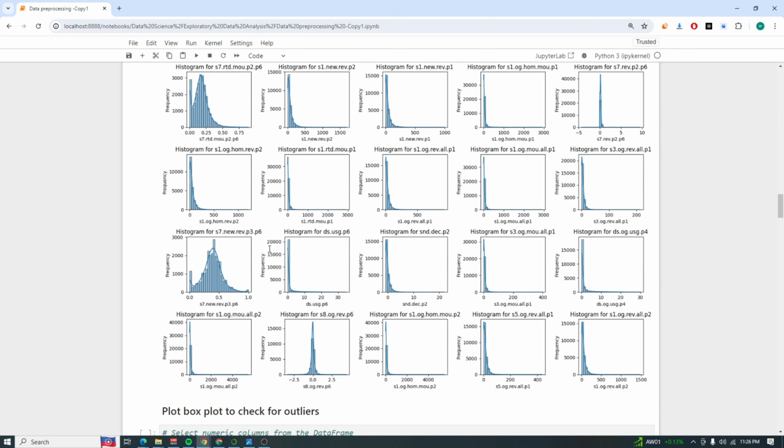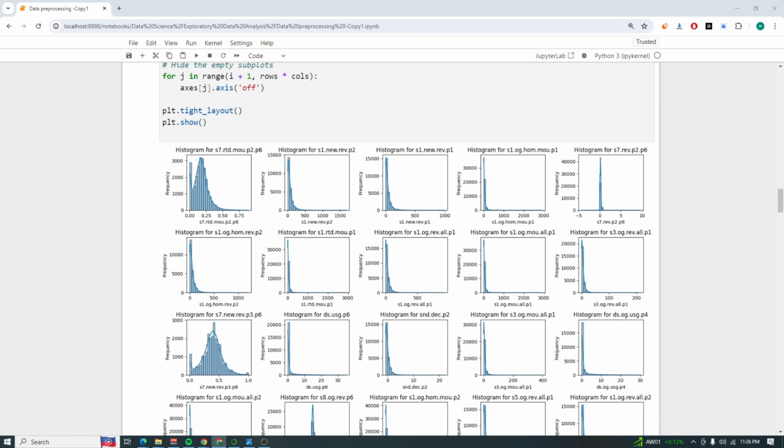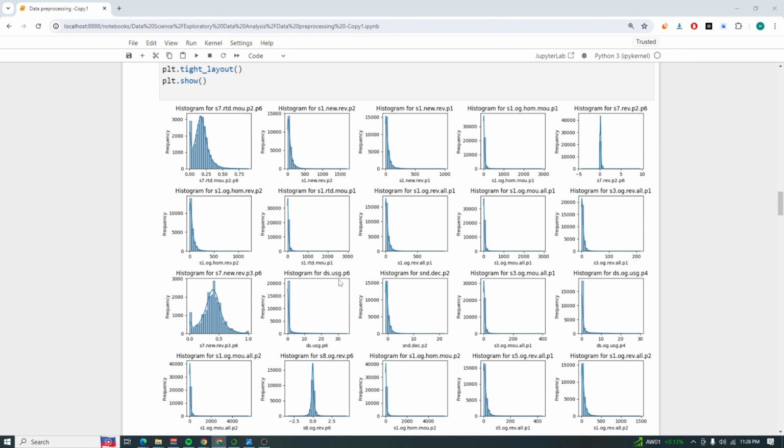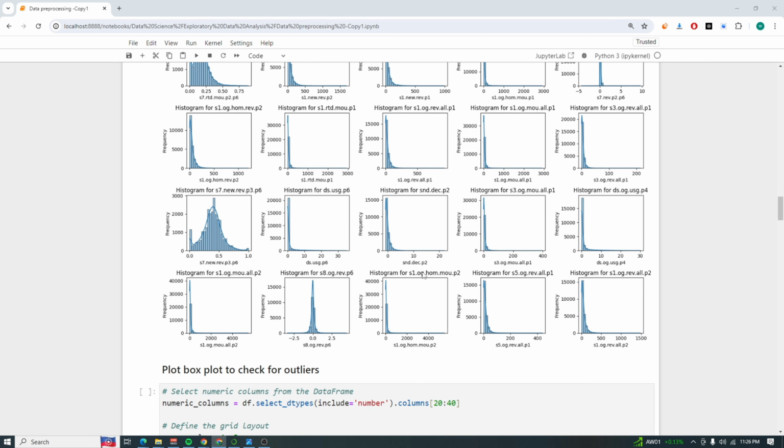Okay, so let's see if, okay, we do have our chart at the moment. So this is the chart. So you can see the distribution of values under the different columns. So you can see, for example, histogram